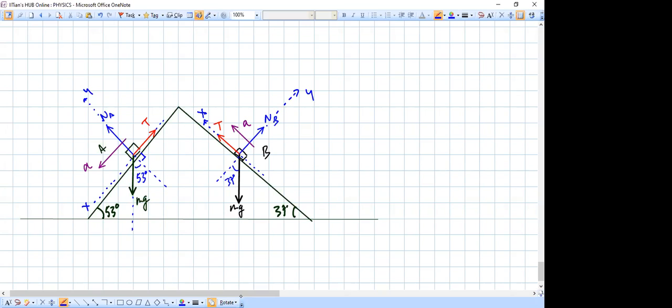Okay. So now we have to resolve the forces. Only one force has to be resolved in each case. mg has to be resolved. So here, when I take components of mg, this component will be mg cos 53, and this component will be mg sin 53. So the component of the weight along the inclined plane is mg sin theta, in this case sin 53, and into the inclined plane it is mg cos 53. Similarly, when I take the components of the weight on this side,